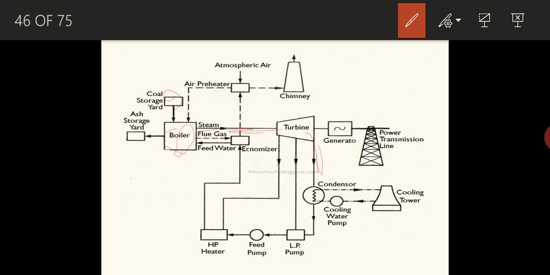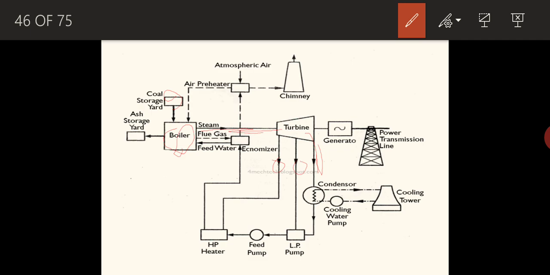You can see two more intermediate lines. You can see the intermediate lines there. That is what is called bleeding. I will discuss it later. Anyway, once the steam enters and passes through the blades, its pressure energy is converted into kinetic energy of the blades while passing through them.